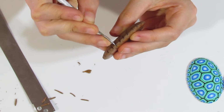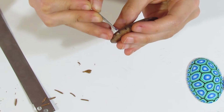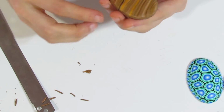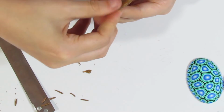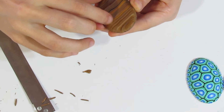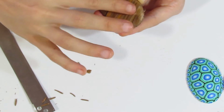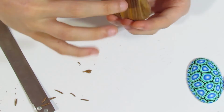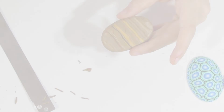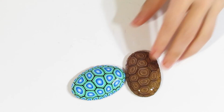You shouldn't end up with a lot of clay in them, but you might have a little bit that just needs a little bit of cleaning up. Like so. There we go. Okay, then just gently smooth your back. And then you will do that with the others, and then you will bake that for about half an hour at pretty much recommended temperature, and then after that we can start sanding and we can basically finish off our pendants. Okay, so these are finished baking and I've just let them cool off in some water,